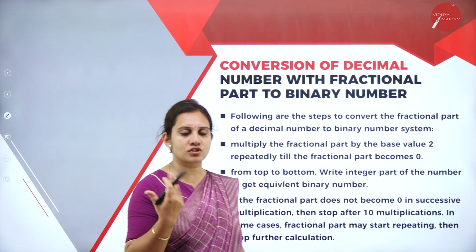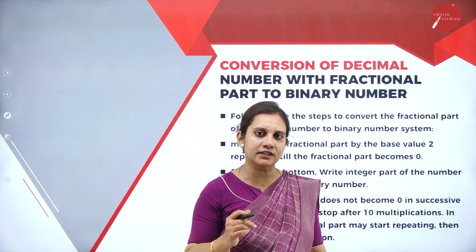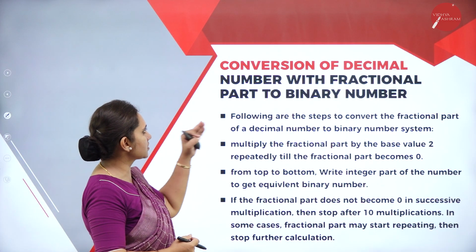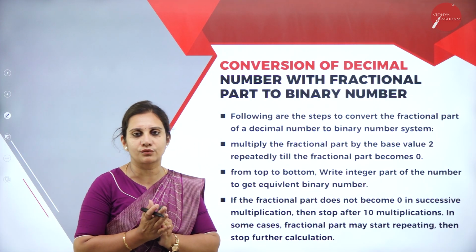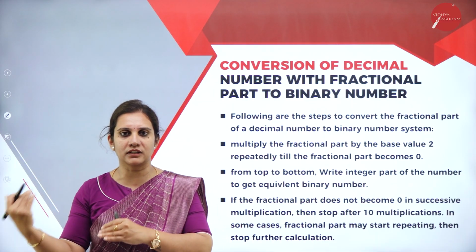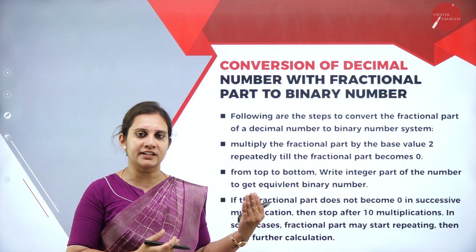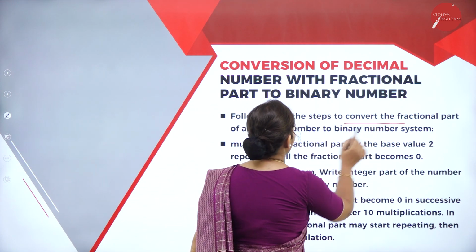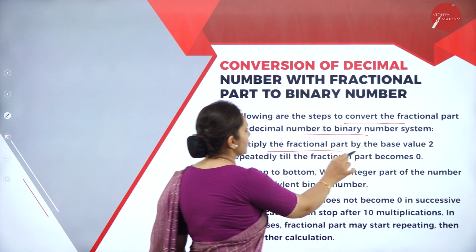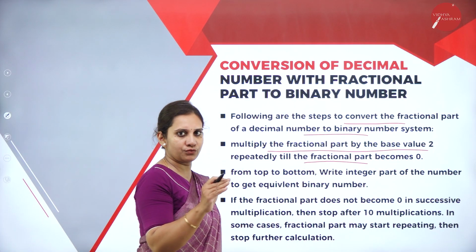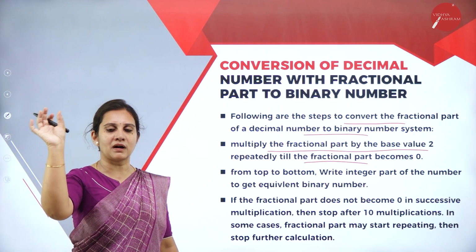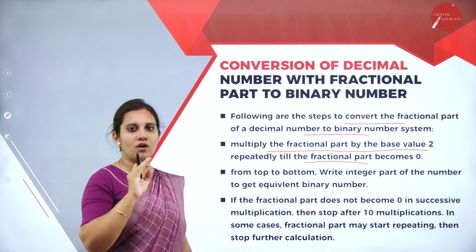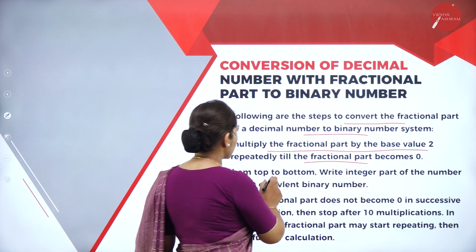Ma'am, can we do the fractional part conversion? Of course, in context with the number system of computer science, we have decimal numbers with the fractional part of the binary system, that is from negative index and the positive index with the exponent powers, how to multiply it. Let us see. Following are the steps to convert the fractional part. Multiply the fractional part to the base value. The same method will follow. Only the fractional part powers or the exponent, how to take, how to add, that you need to keep in mind. Rest and all is the same how we did in an actual conversion.